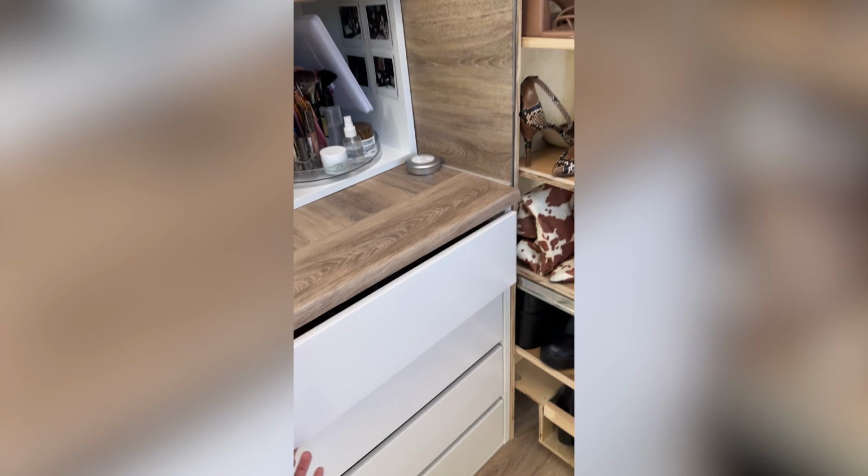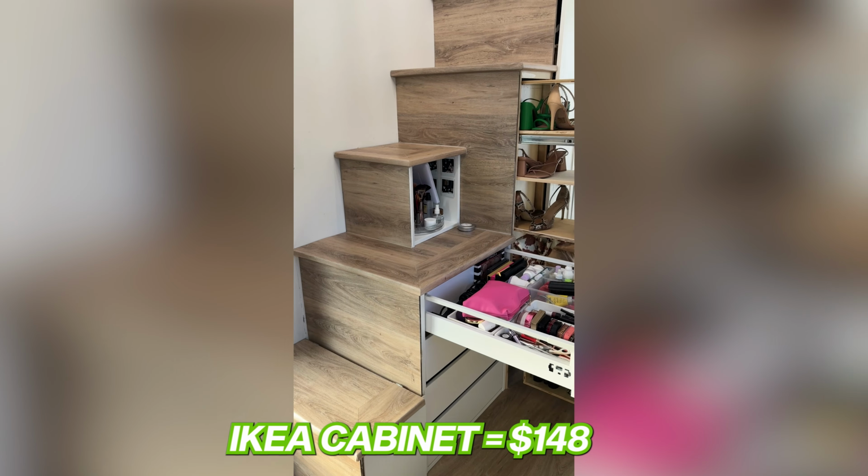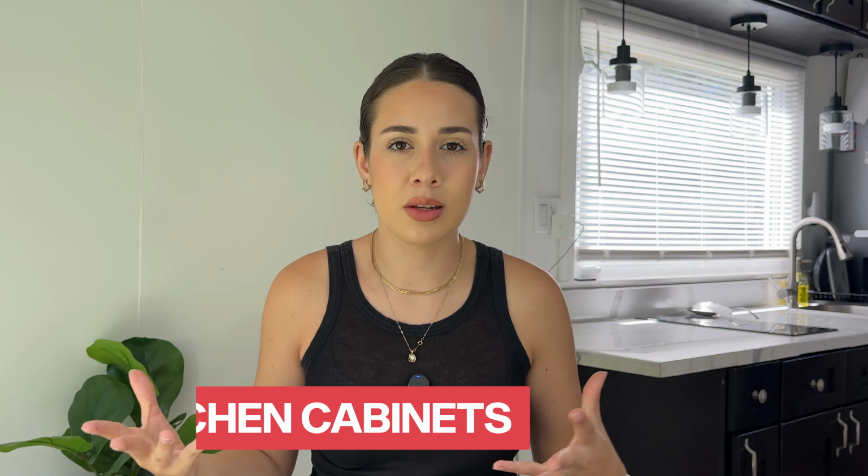And then I went back on Facebook Marketplace and found that IKEA cabinet for $150 with all of the drawers and shelves in it too. Now, as a somewhat experienced home remodeler/investor, the most expensive part of a house that has to do with the design is the kitchen cabinets. And the granite too. If you sum it all up, it's one of the biggest costs that you could have